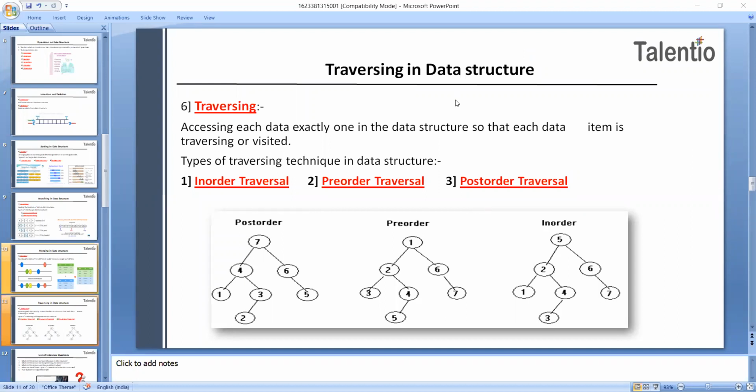Okay, fine, Monica. I'll explain it once again. See now, 5 is the root. So we will start from the root. Once we visit 5, it will go to 2, because first we have to see the left side.